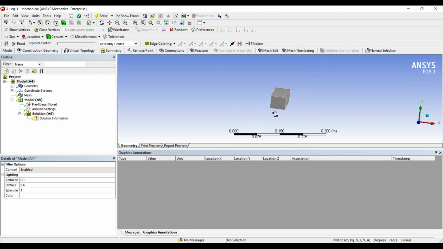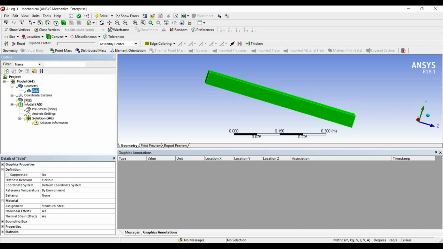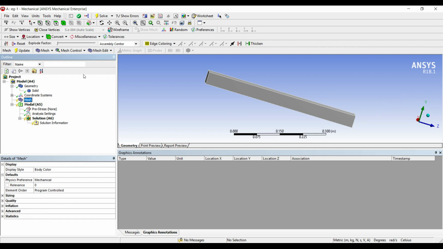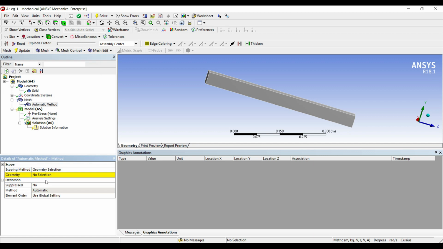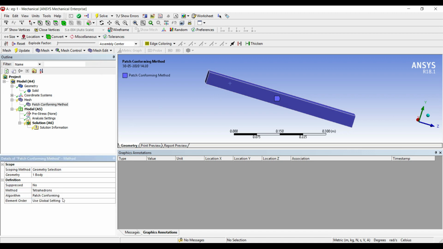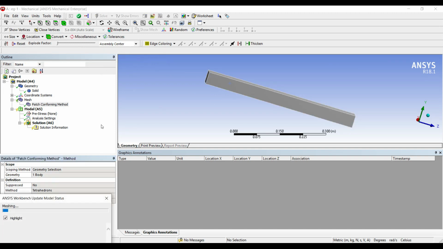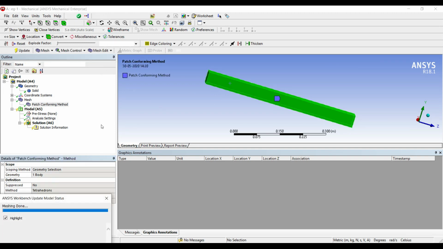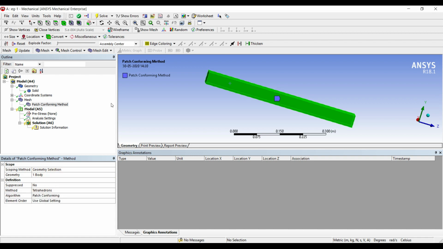I'll first align my body. I'll go to mesh, mesh control, method. I'll select the geometry, apply. The method here is automatic. I'll change it to tetrahedrons, update. You can choose any other meshing method. I am just showing you an example of a meshing.